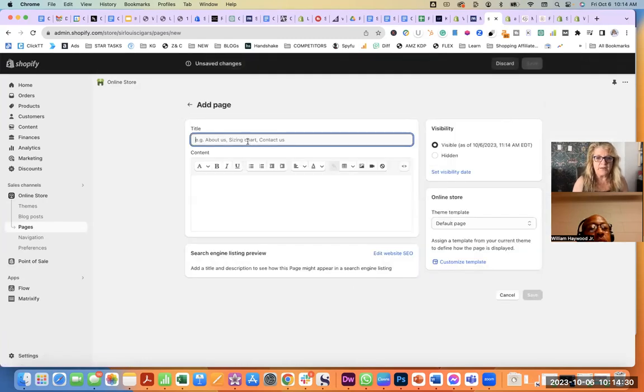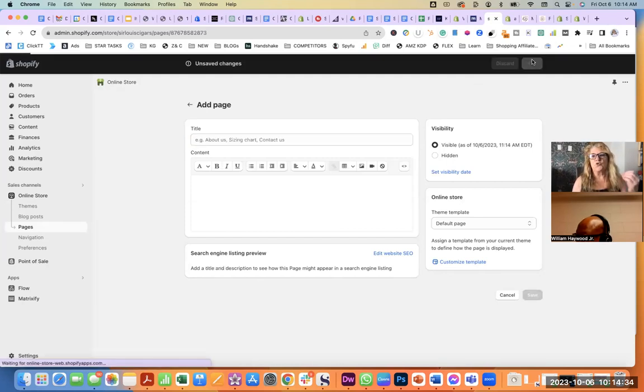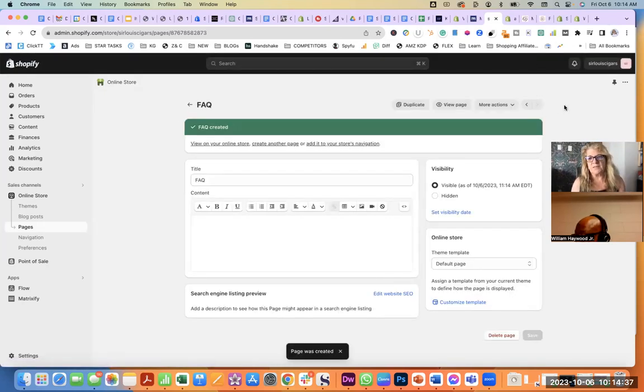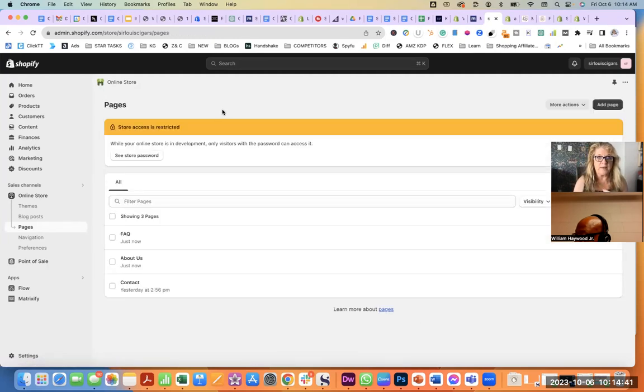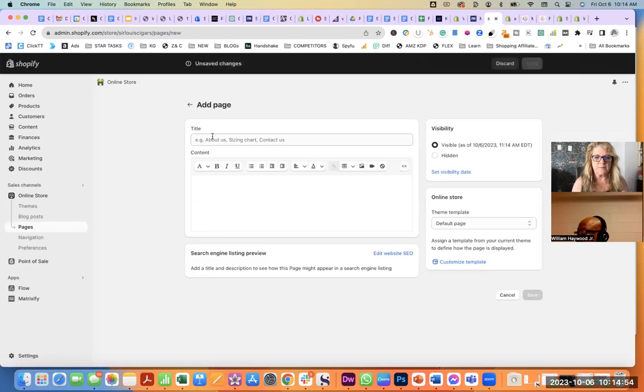Another page you're going to create is your FAQs. This is separate to your shipping information and any of your policies. You're going to create an FAQ page. If you have extra packaging, sustainability, or you're supporting your community, you will have a community page or a sustainability page. So I'm going to create a community page,